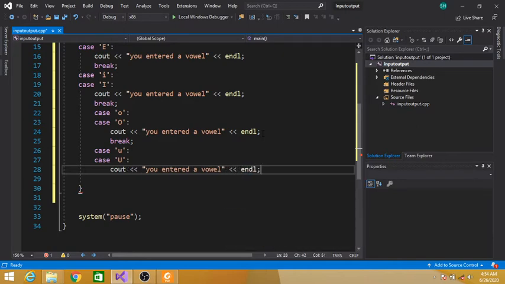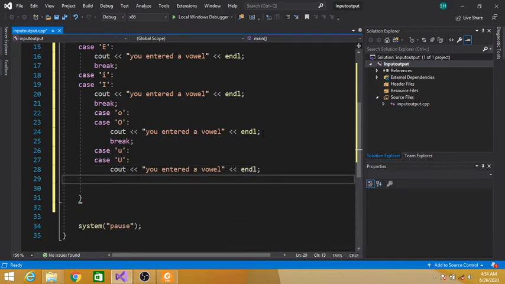End of line. So A, E, I, O, U are vowels.